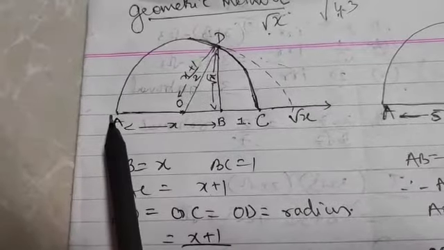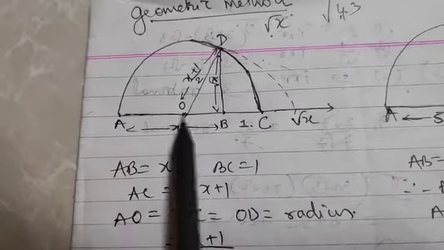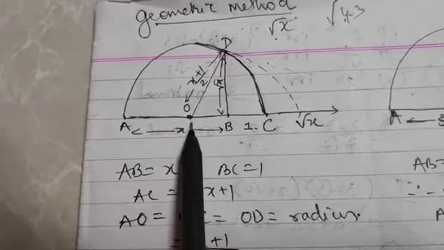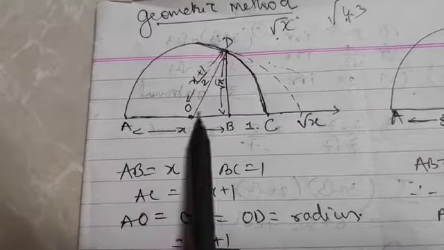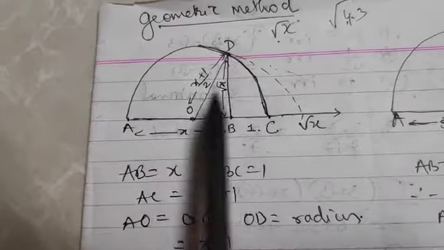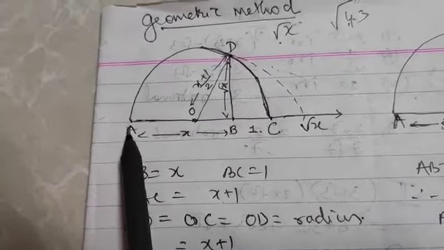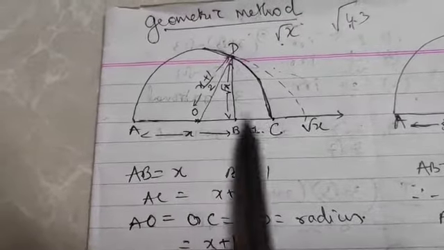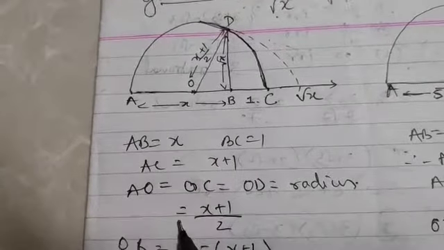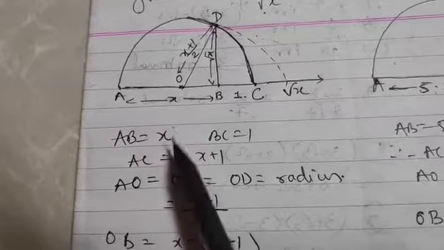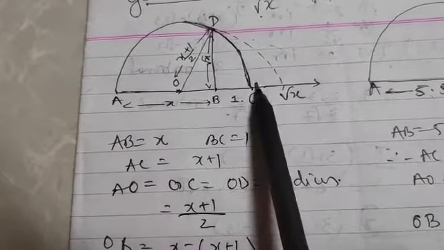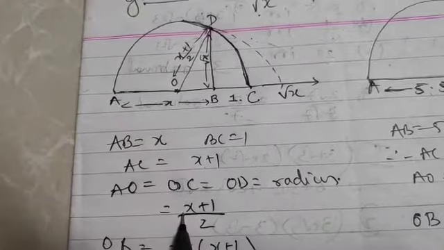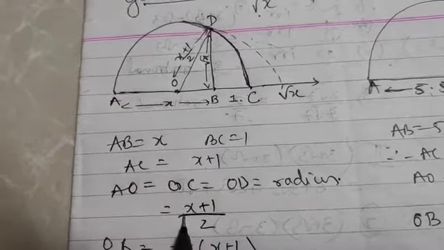How did you draw the semicircle? Center O you have got. AO is the radius. You can convert it into a semicircle. With center O and this much as the radius, you will draw a semicircle, putting the compass point at O and stretching the pencil away. So AO, OD and OC will be the radius. So what will be the radius equal to? Half of the diameter. Diameter means AC, which is x plus 1. So (x plus 1) upon 2 will be AO, OD, OB, OC.